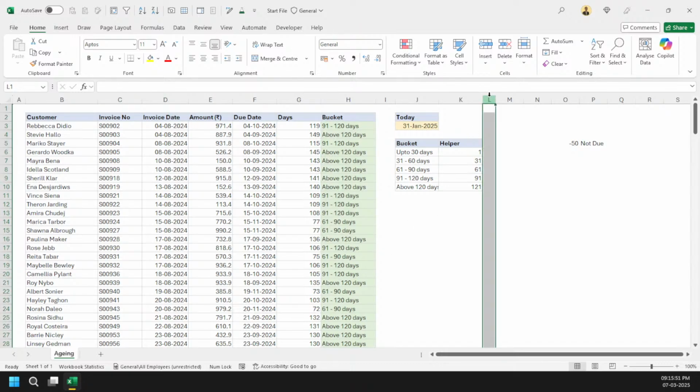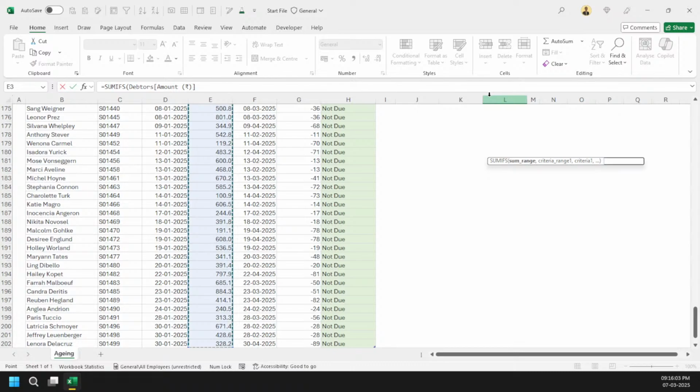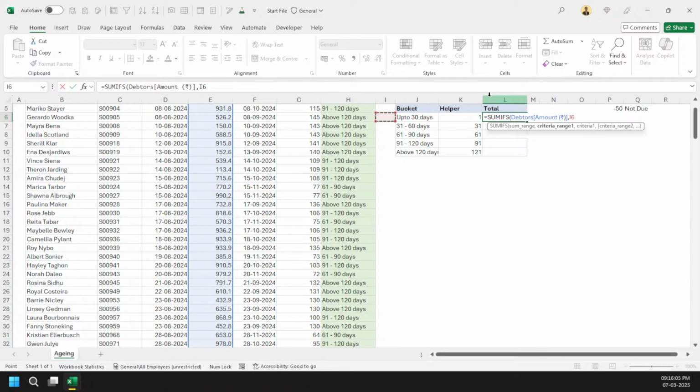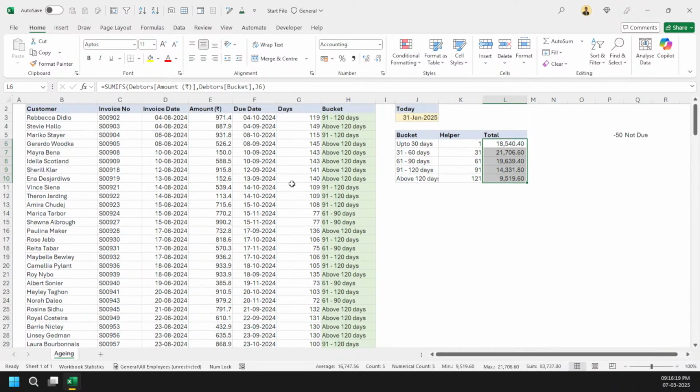So what we can do now, we can come here, and here it will be my amount total. Then here my bucket, and that's it. You can see that's how my totals are, right? 833737.